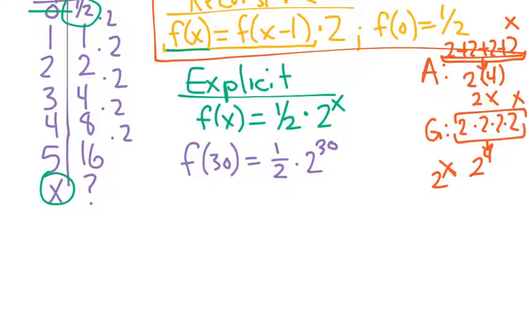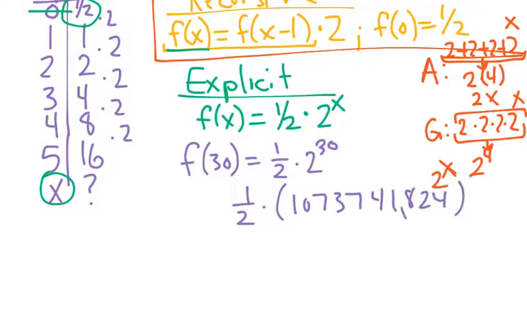Well, that's 2 times 2 times 2, 30 times. And that's basically what we'd end up having to do to make our table. We'd have to do it that many times. So it's easy to just use a calculator to figure that out. So we get 1/2 times, and you can see why this explicit equation is much easier to deal with. Because 2 to the 30th is